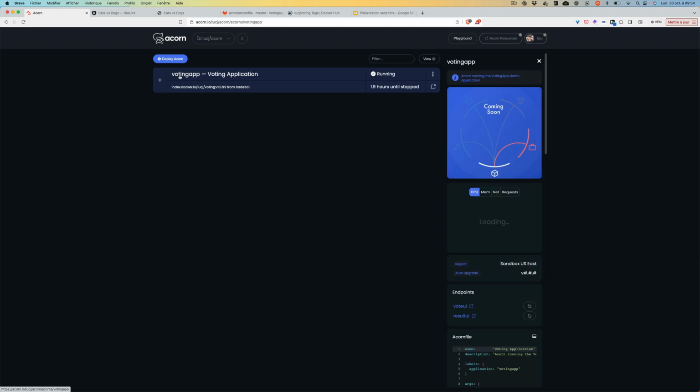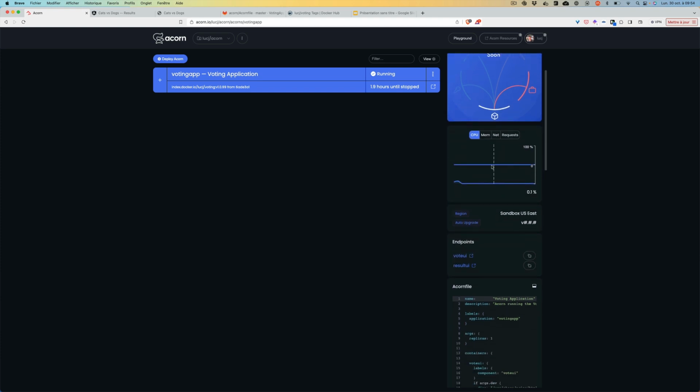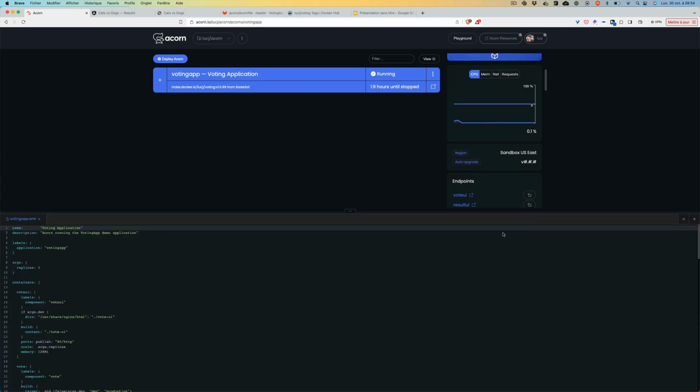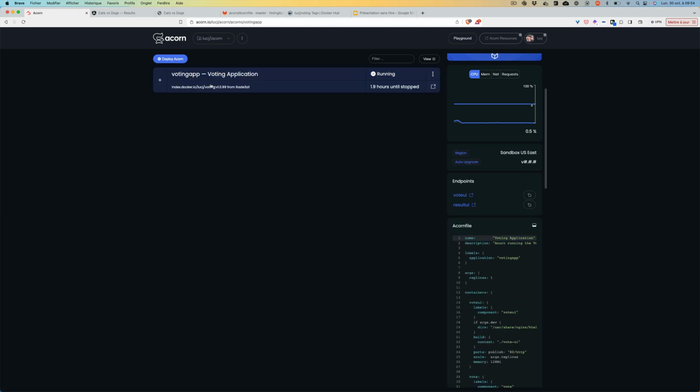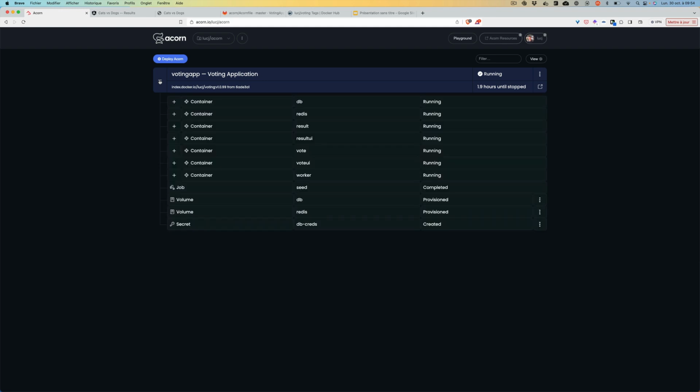Also, by clicking on the application name here, we can see it displays the main information of the application, like for instance the resource usage, and we can see the endpoint where the application was deployed. We can also see the Acornfile that we can open here for more visibility. Also, we'll close this one. Clicking on the plus sign here next to the application name expands the app and